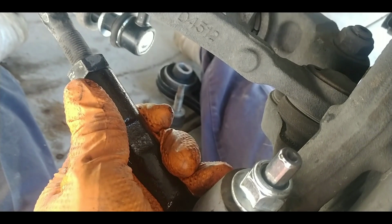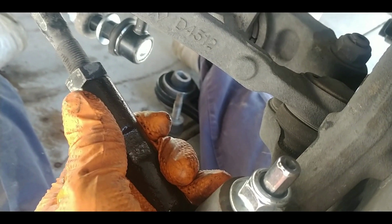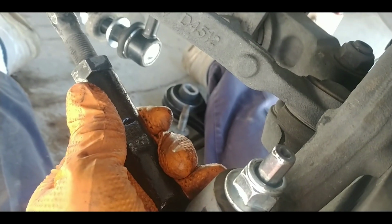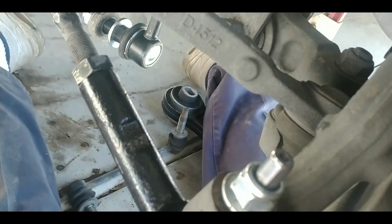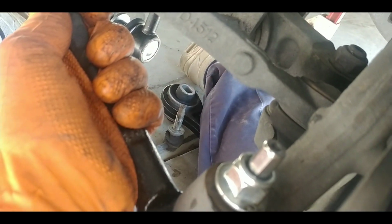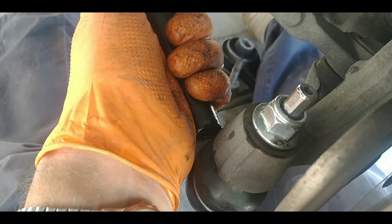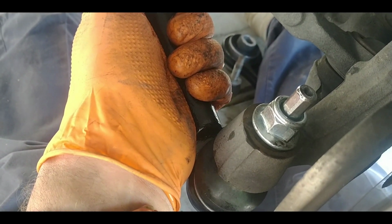This has been quite the project so far, and I'm still not done. So we'll see how I feel by the time I get done here. But I may have to wait to do that next weekend, and I won't get in the line until it's all done. So, but anyway, once you do something like this, especially with tie rod ends,